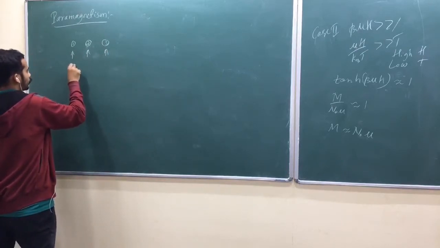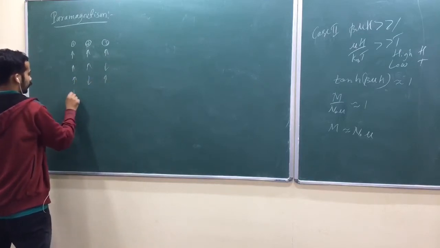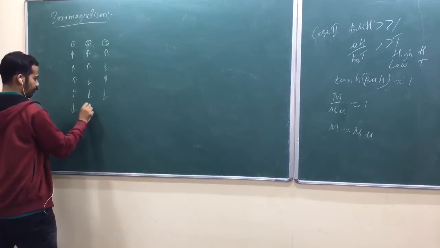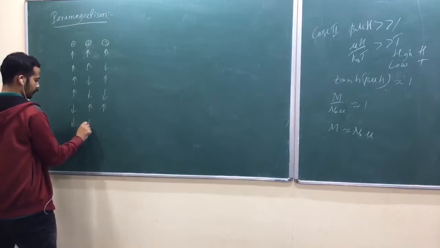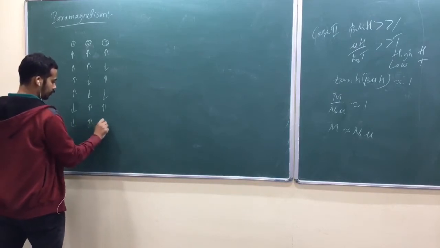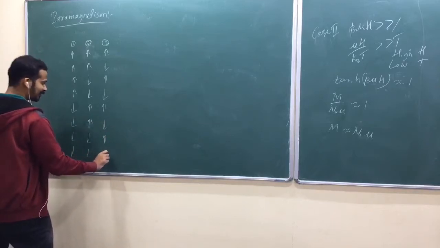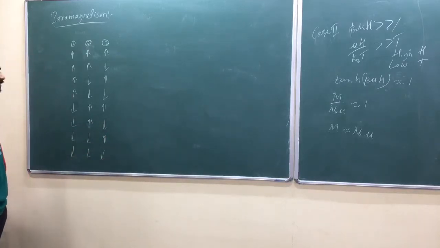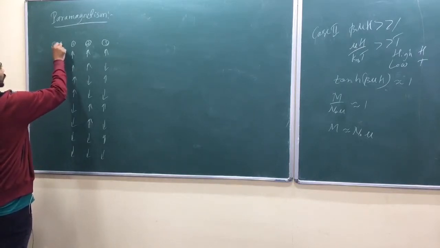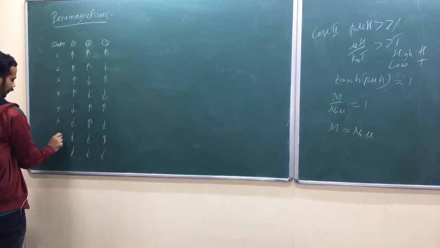So 0, 0, 0, 0, 0, 1, 0, 1, 0, 0, 1, 1, 1, 0, 0, 1, 1, 0, 1, 1, 1, 0, 1, 1, 1. It's very difficult, isn't it? So saying 0 and writing arrow, isn't it? Now states, isn't it? These are microstates. We called them 1, 2, 3, 4, 5, 6, 7, 8. Am I right?